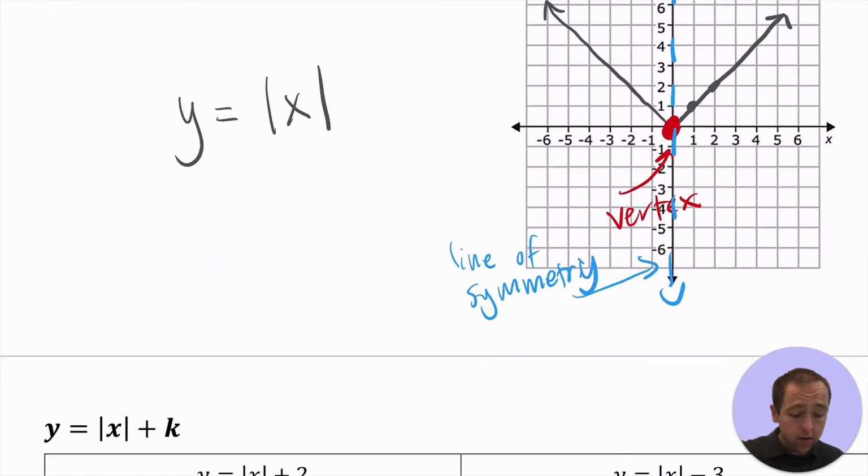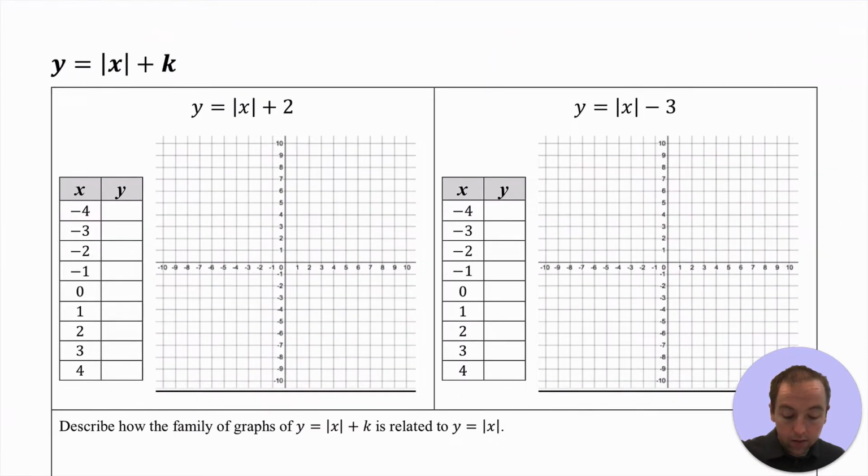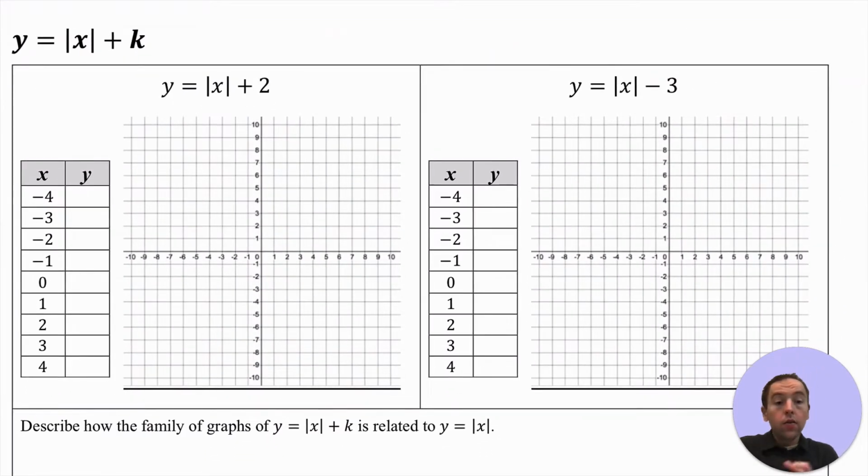So what we're going to do now is look at various transformations that we can do to the equation y equals absolute value x, and we'll see some patterns develop. First of all, I'm going to take y equals absolute value x and make one small tweak. I'm going to add some number k. So in the case of this equation, we're going to add the positive number 2, and then